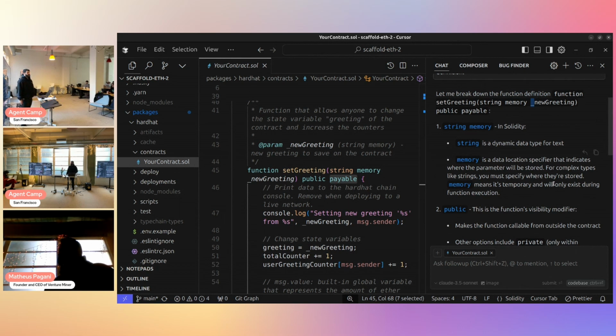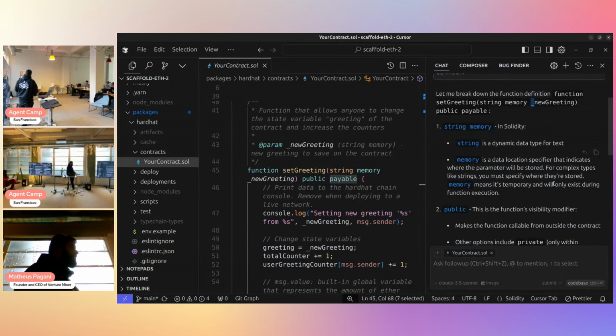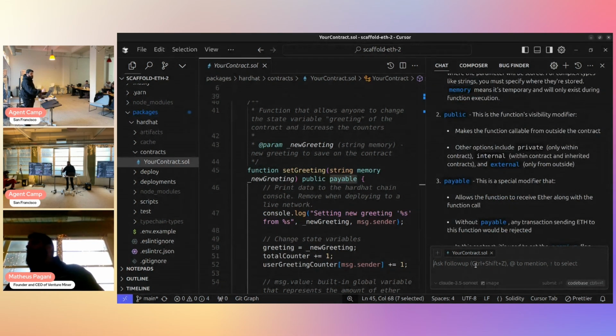If you are in a hurry, if you want to learn this very quickly without going to the documentation, because there is a hackathon with thousands of dollars in prizes, for example, you can quickly get started like this. And you can ask follow-up questions. Like, I'm going to get this. So, why the underscore behind new greetings, for example?